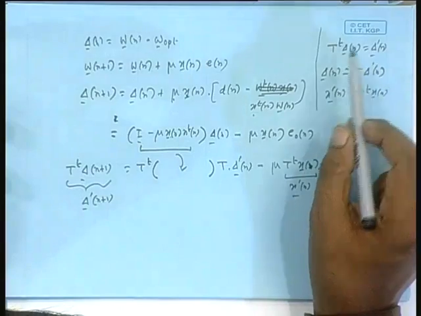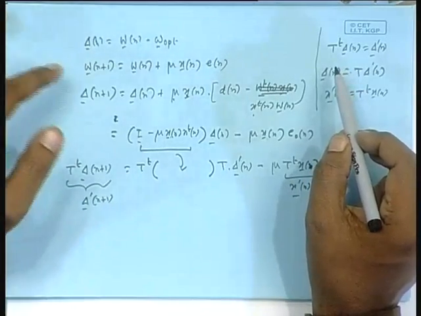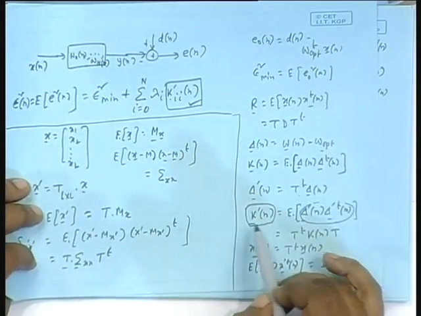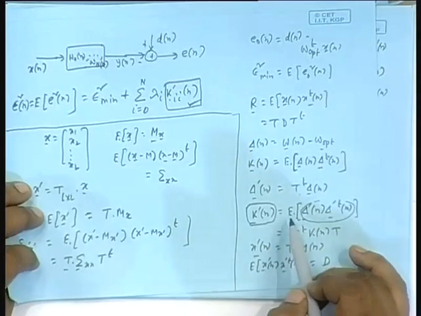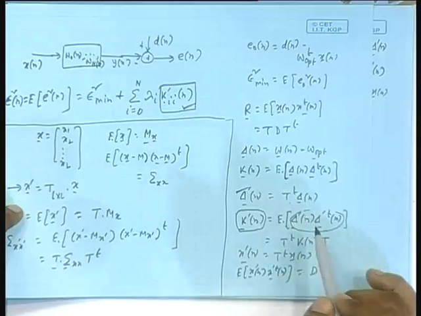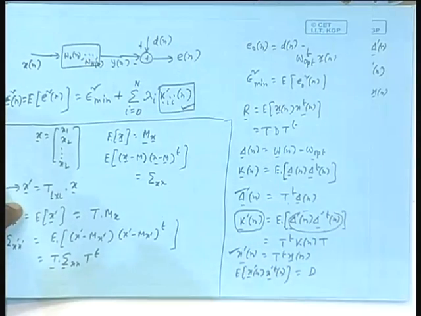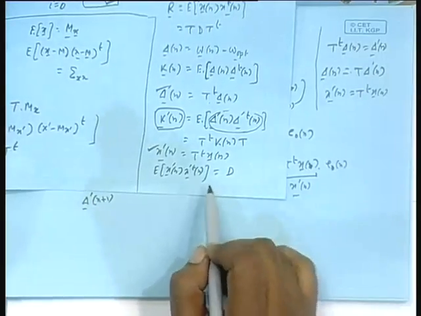I am interested in the covariance matrix of delta prime n, not delta n, because the matrix that was coming into operation there was delta prime k prime n here, and therefore here, not k, but k prime. K prime comes from delta prime, that is why I am getting into delta prime, and delta prime is this. Similarly I am using T transpose x n, and this has diagonal correlation matrix D coming from R,